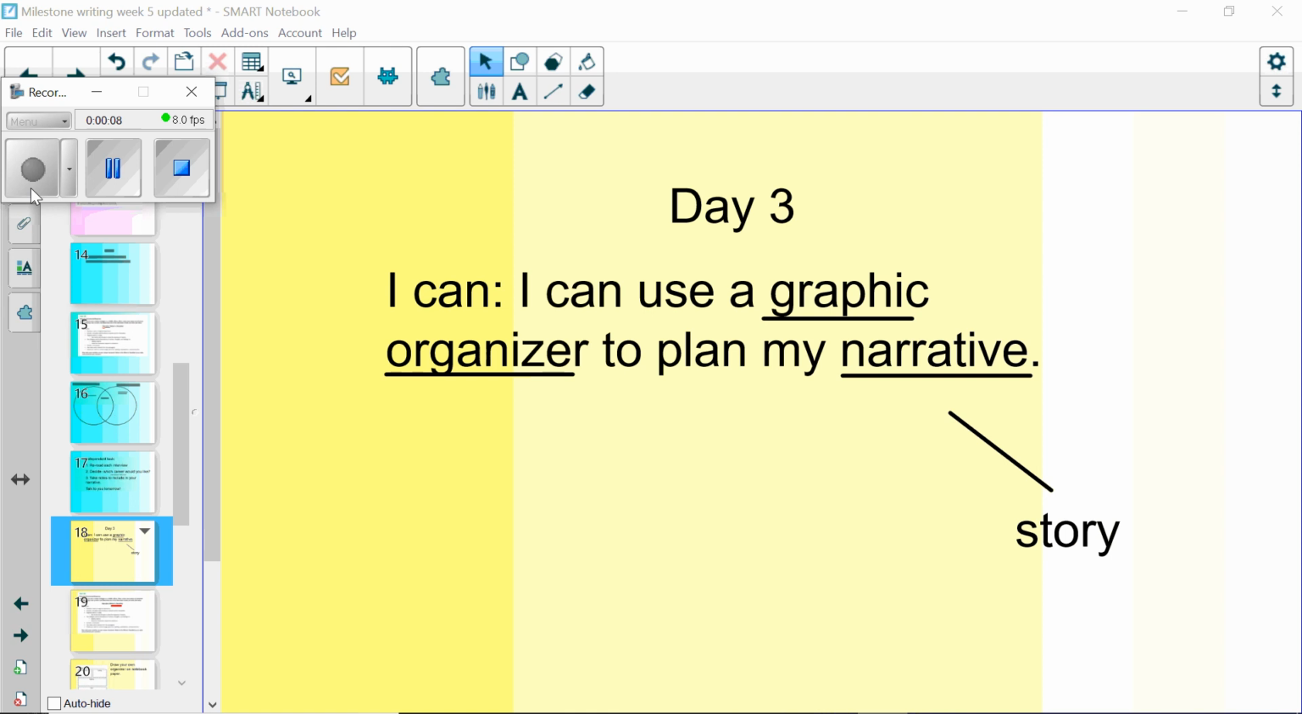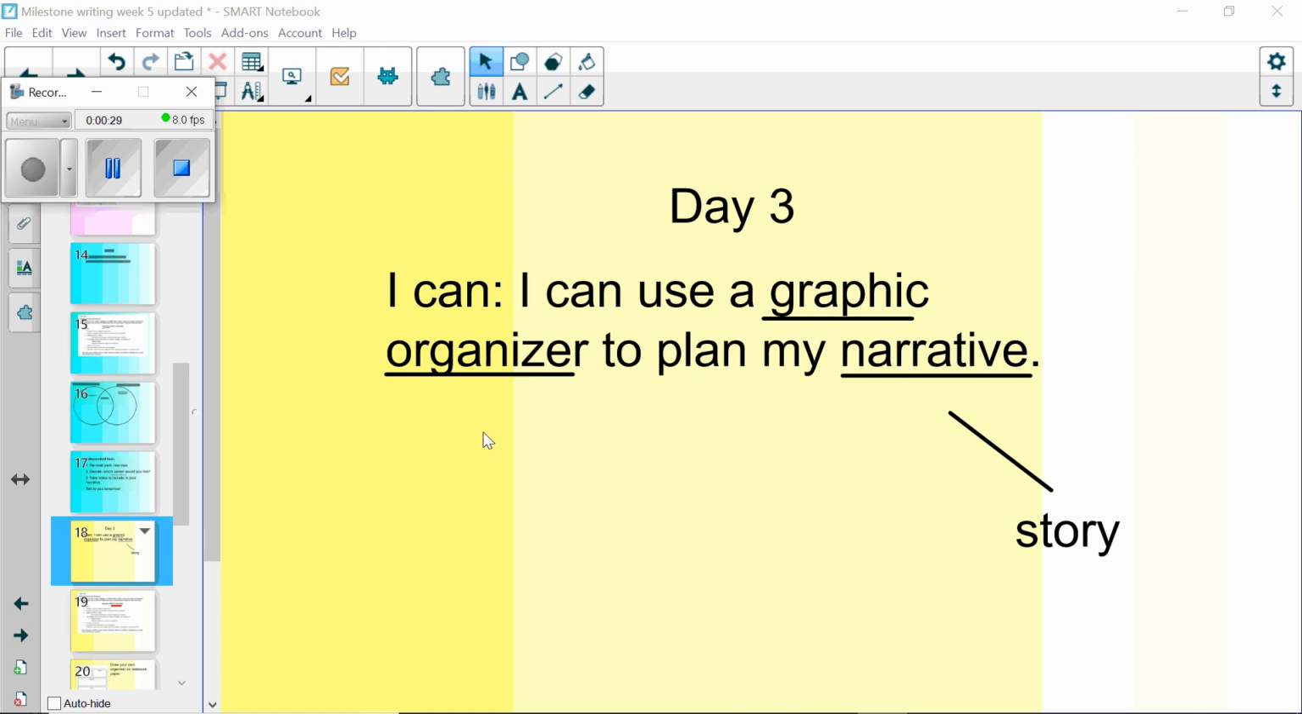This is day 3. Our learning target, what we want to be able to reach by the end of the lesson, is I can use a graphic organizer to plan my narrative. And we know a narrative is a story. You are going to have characters and a setting and action in your story. And then we're also going to be using a graphic organizer, this tool to help us plan out our story